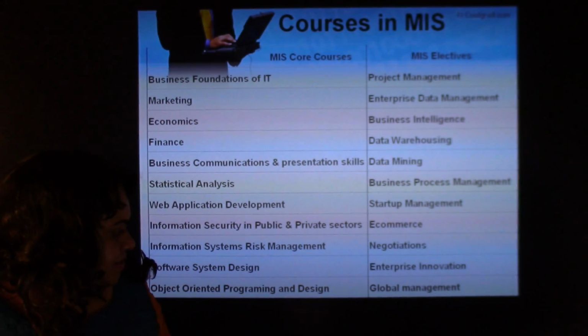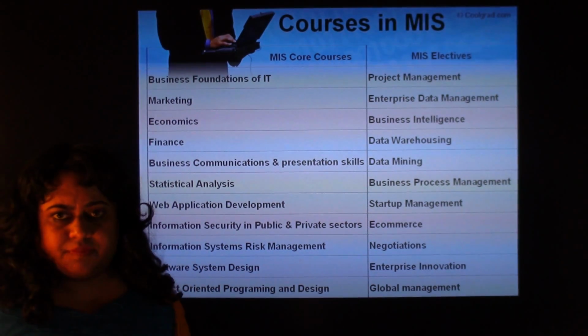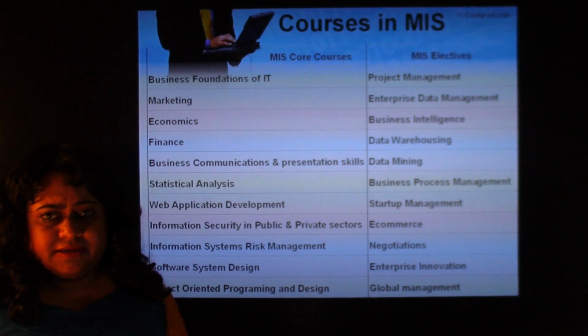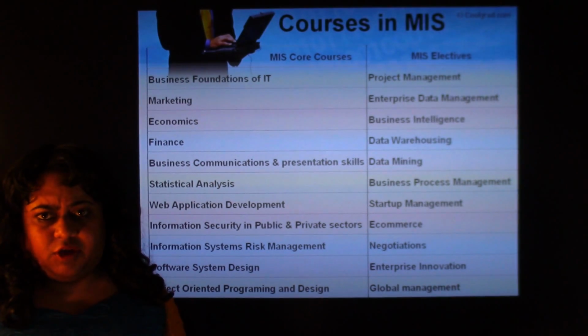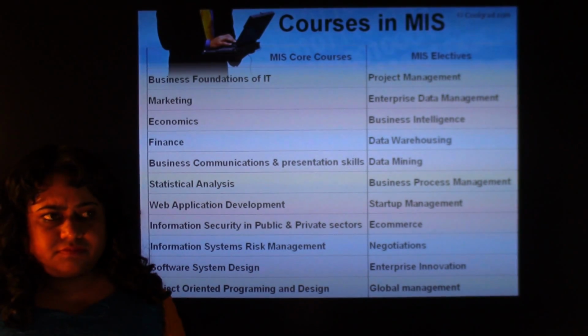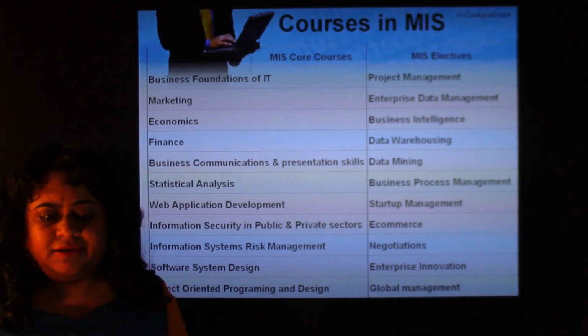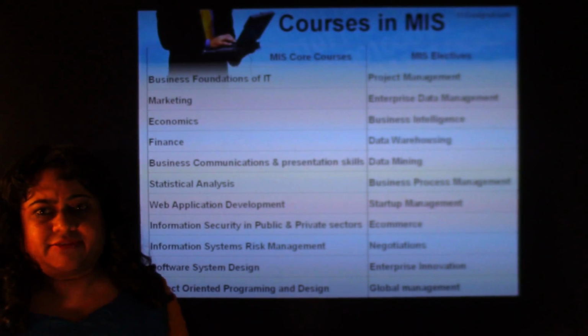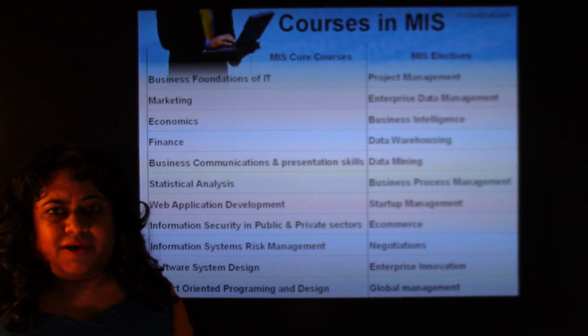Object-oriented programming and design. We also talk about objects, classes, interfaces. So these objects, they study basically in some kind of Java, .NET. If you have a fundamental knowledge of C, C++, even if you don't know Java, you can just buy a book like Java for Dummies or something, and you can learn it within a month. If you know C++, you can learn Java, right? It's not such a big deal. It just requires a lot of practice.